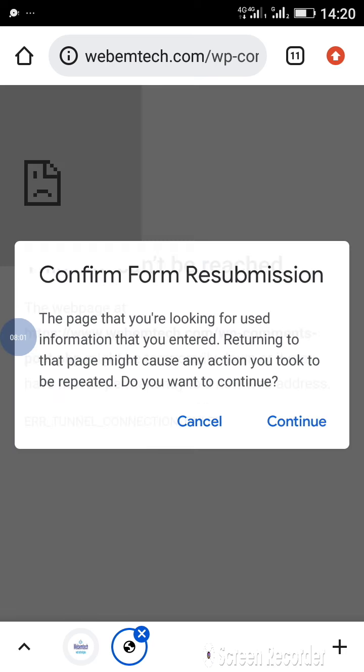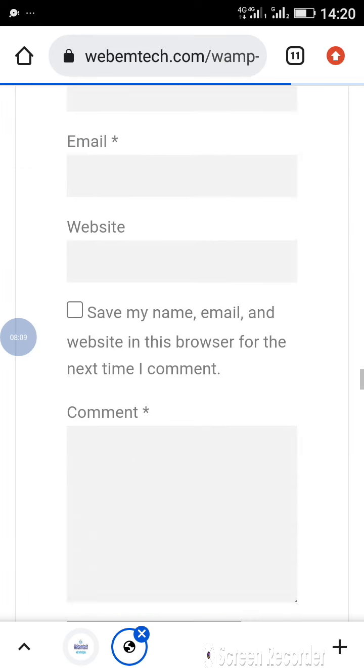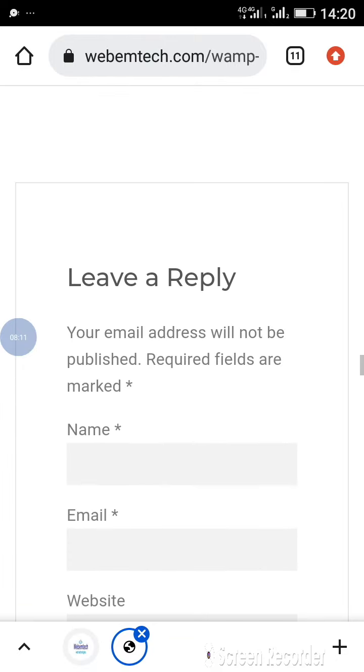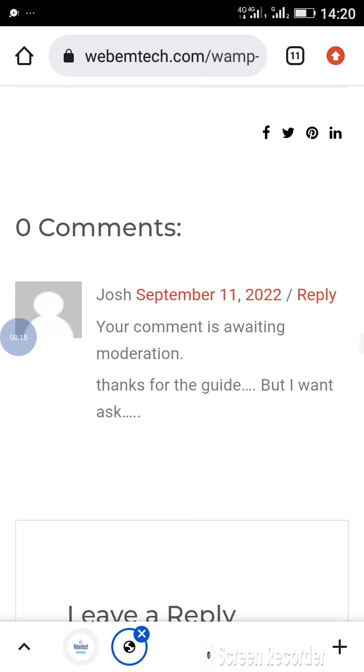This should be my network right here. I'll click on continue. Once you click on post comment, you should see that particular comment right here. You can see that your comment is awaiting moderation. Thanks for the guide, but I want to ask. You can see that now. Immediately you type in this comment right here,